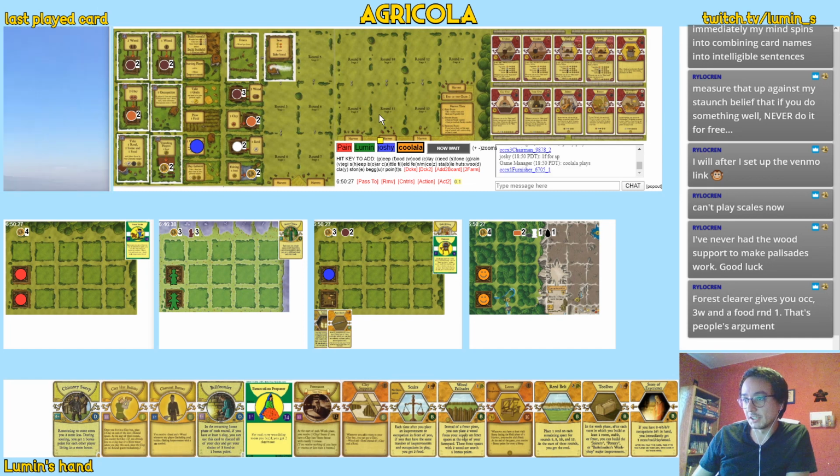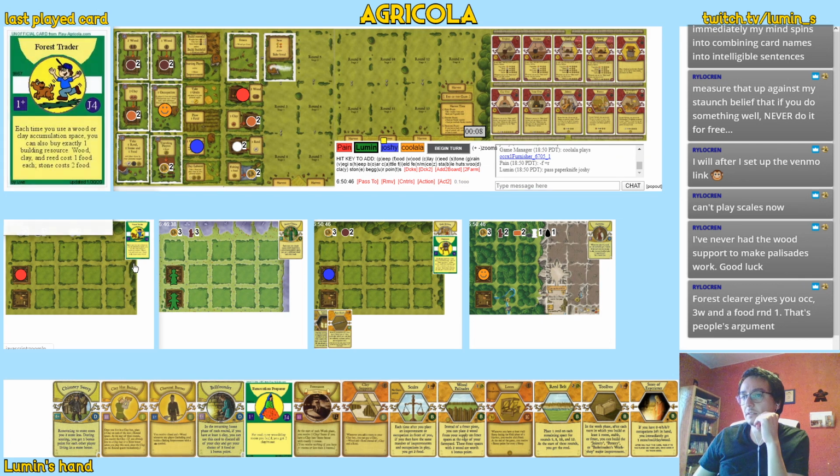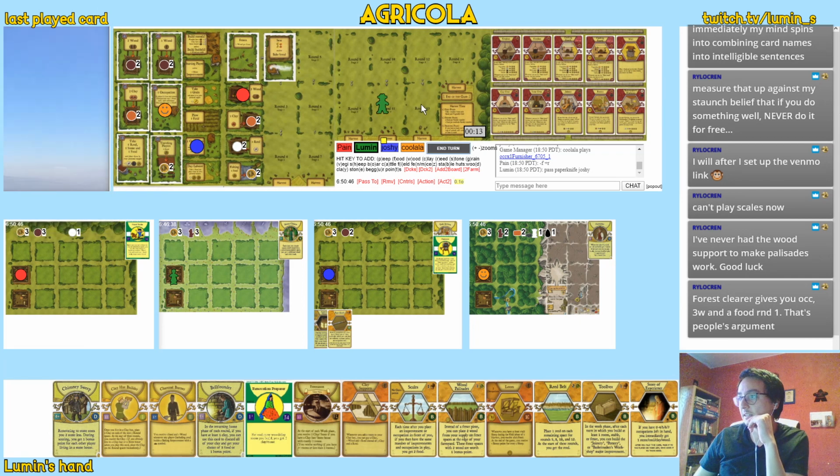Kulala playing Furnisher. Interesting, not Reedstone. 4 wood, 2 reed, Reedstone. Pain. Oh yeah, can buy a reed for a food on the wood spots. Very interesting. I'll take Reedstone, and I don't think Start will get back to me, but if it does, I'll play